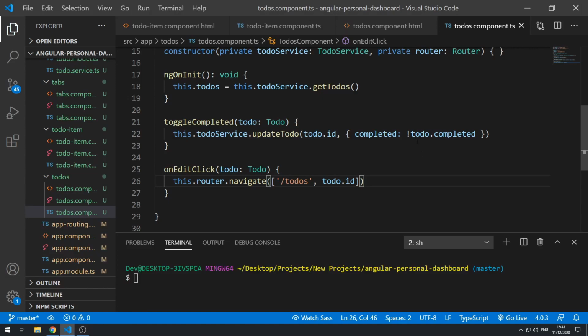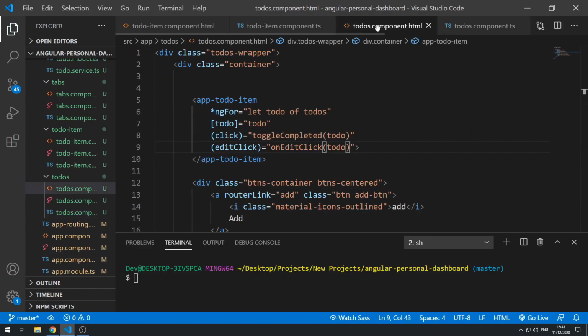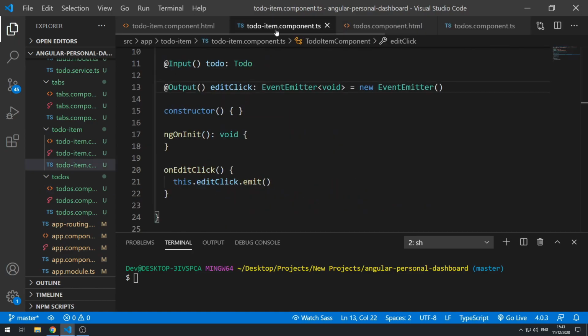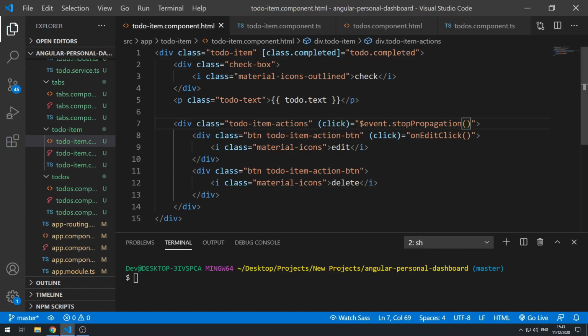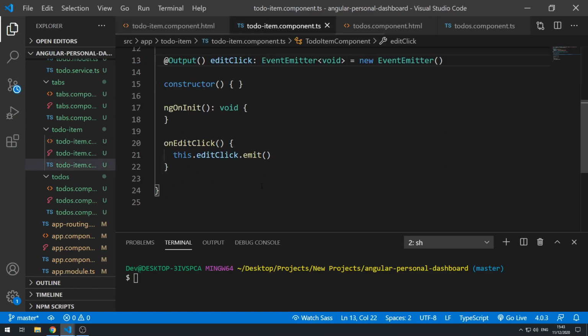Cool. All right, so the next thing we can do is, I guess, while we're here and while we're working on the to-do item, I guess we could also implement the delete button. So let's go and quickly work on that. Let's go and do a similar thing to what we did here. So let's go to the delete to-do item action button, and let's do click, and on click we want to do on delete click. Okay, let's save that and go to the to-do item component class, and let's go here and do on delete click, and we simply want to